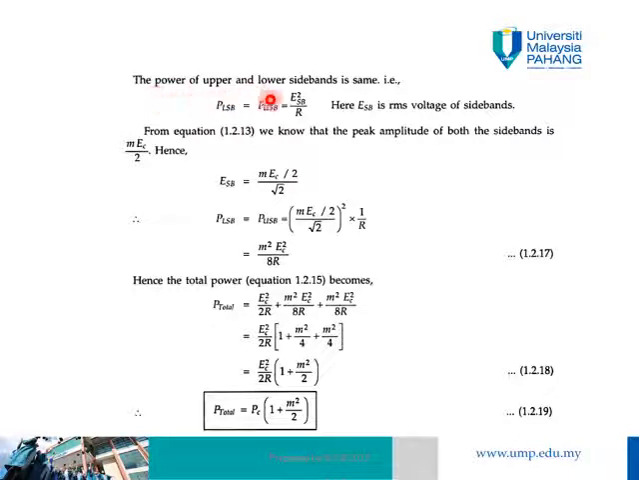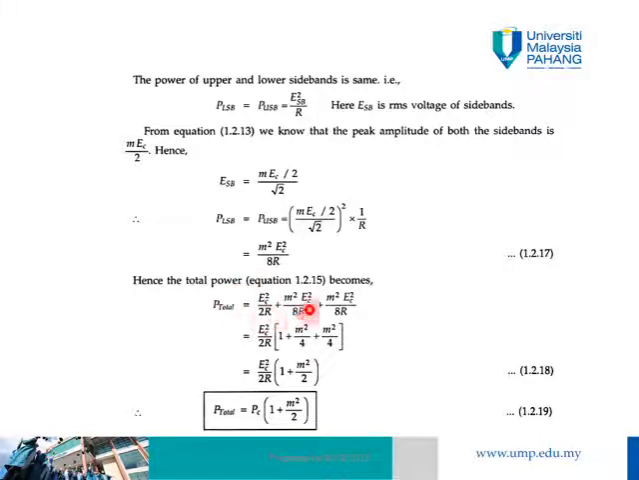The power of the upper and lower sideband is the same. So E sideband squared over R, where E sideband is m EC over 2. Solving this equation, we'll have m squared EC squared over 8R. Hence the total power equation becomes